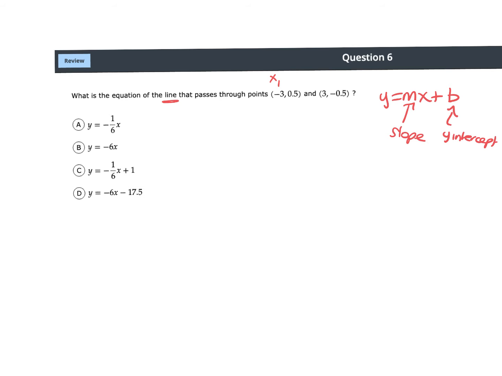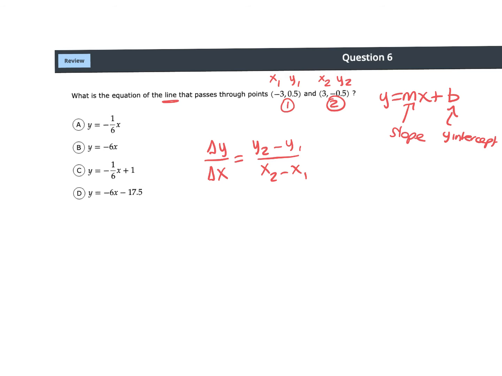So I have my x1, y1, and my x2, y2. My first point and my second point. So I will set this up as subtracting my y's. That's where I would do my change in y and my change in x. And sometimes people like to write that down very cautiously so they don't mix up the order. So if you have that formula memorized, you could write y2 minus y1 over x2 minus x1 and carefully plug